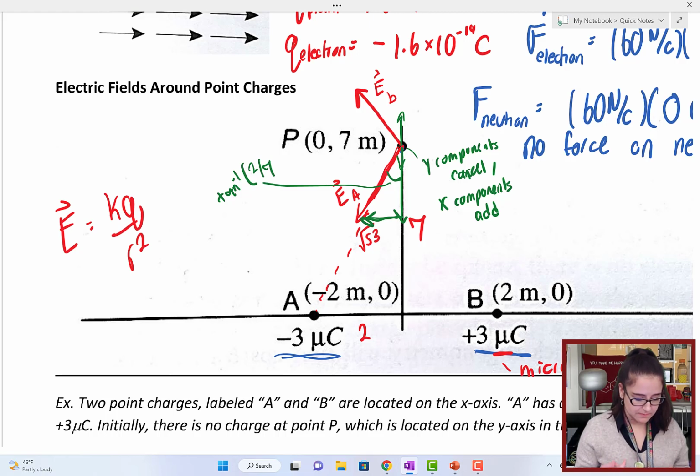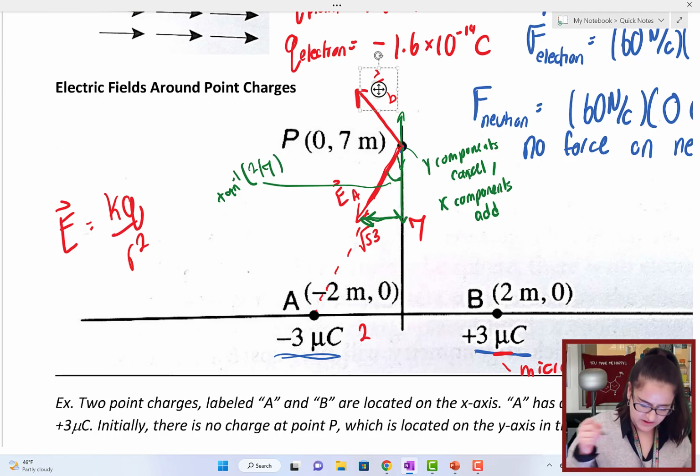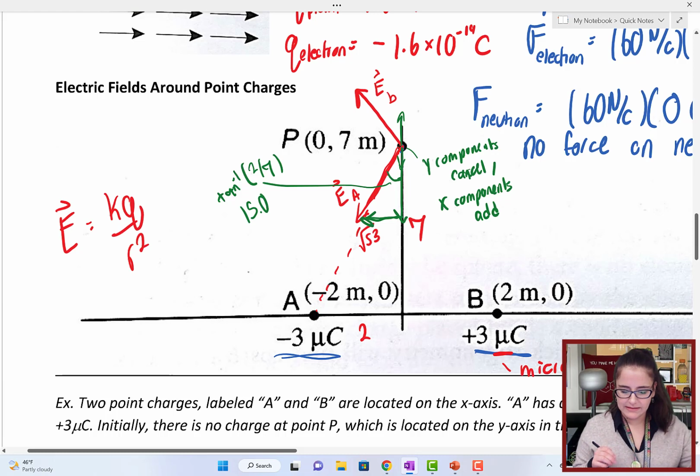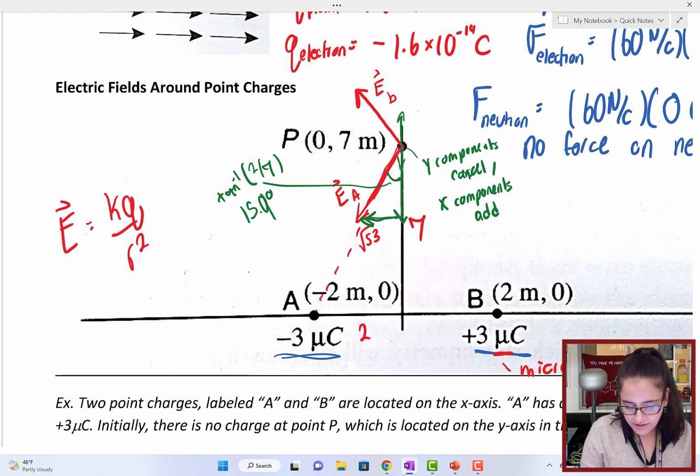And I get 15.9, okay? So about 16 degrees. I'll use 15.9 in my math just to make it a little bit more complete, okay? And if I'm looking for the x component of it, if I'm looking for this component of it, that is the opposite, okay, in the way I drew it. So I'm going to use sine, okay? So for the x components,